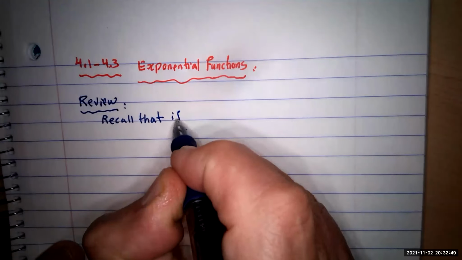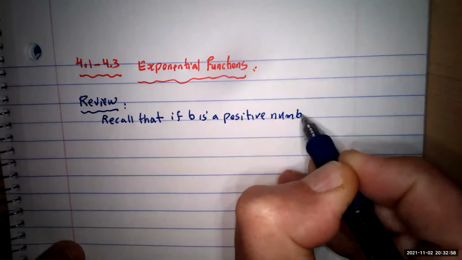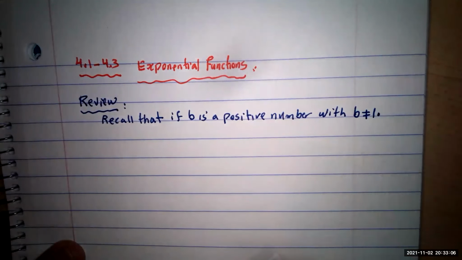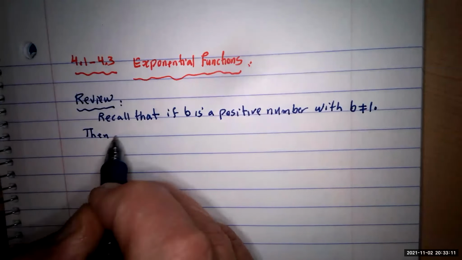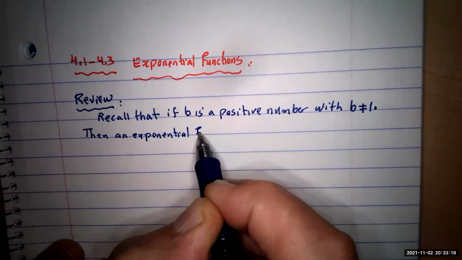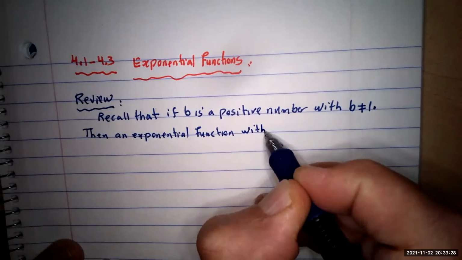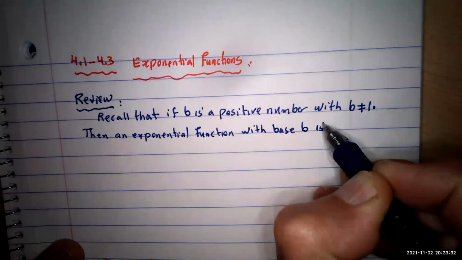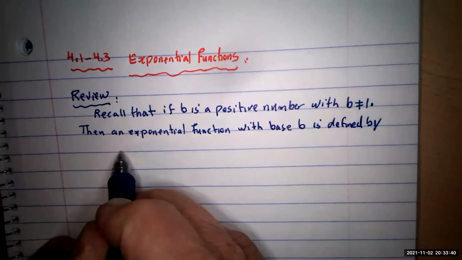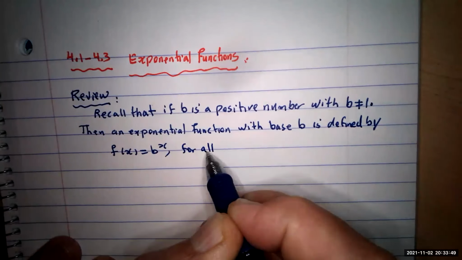Recall that if b is a positive number, with the condition that b is not equal to 1, then an exponential function with base b is going to be defined by f of x equal to b to the x for all values